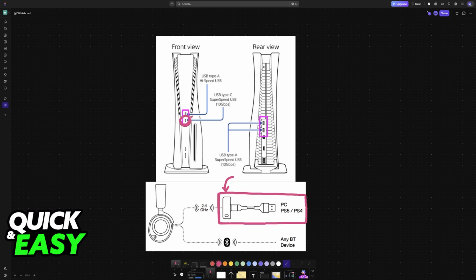You can try connecting it directly, however, on the official manual, they recommend using an adapter like this. So this is how it looks on the manual. You plug one end of this adapter into the dongle and then the other one goes into your PlayStation 5 through a USB-A port. So instead of connecting it directly, just use the adapter, as the manual says, to make sure that